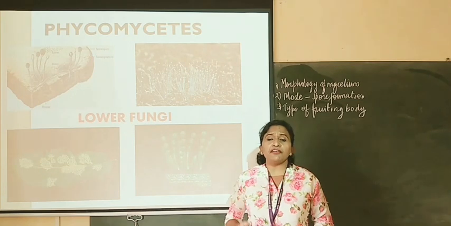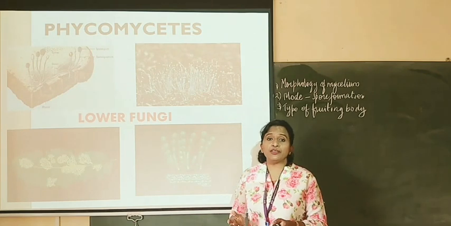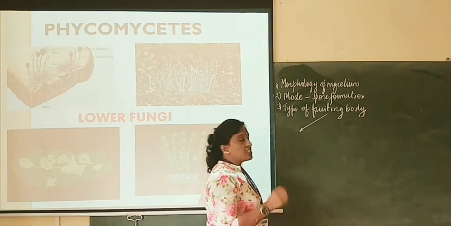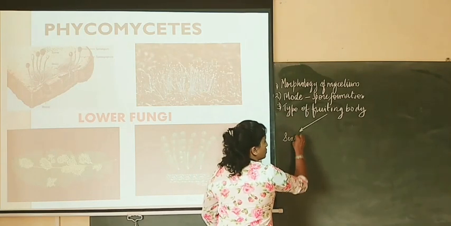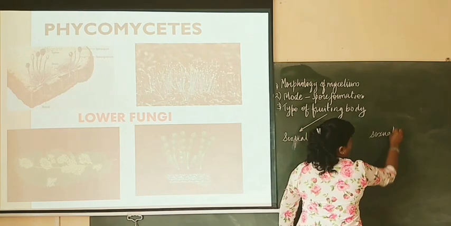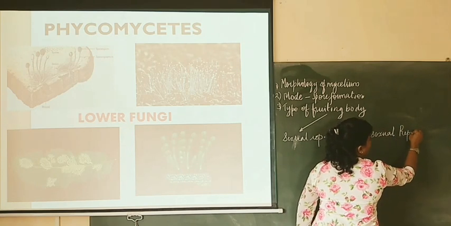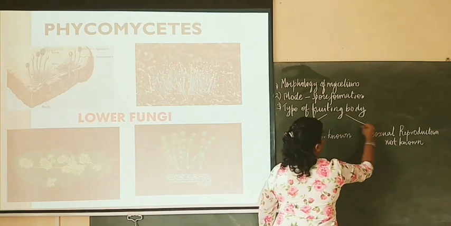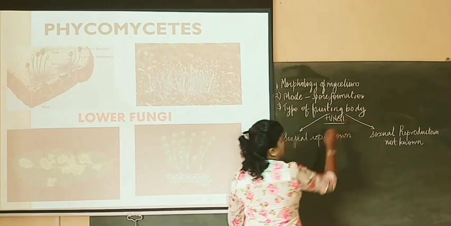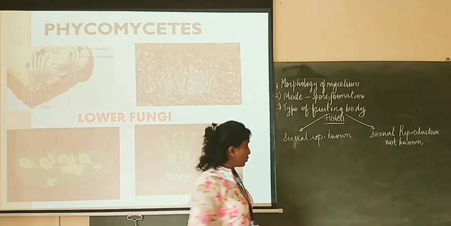Now in some of the fungal species, the sexual reproduction is not known. So what we will do, we will divide kingdom fungi into 2 different types. The species where sexual reproduction is known and the species where the sexual reproduction is not known. So there are 2 types of fungi. Under sexual reproduction, that is the species that are known,